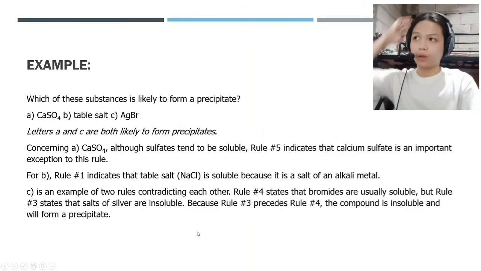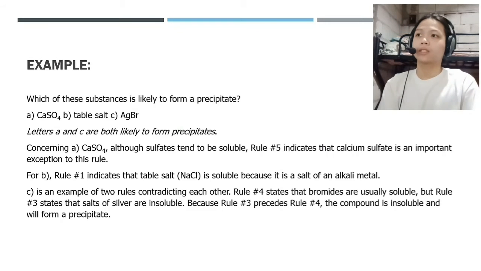So, example. Which of these substances is likely to form a precipitate? A. CaSO4, B. Table salt, C. AgBr. Letters A and C are both likely to form a precipitate. Concerning A, CaSO4, although sulfates tend to be soluble, rule number 5 indicates that calcium sulfate is an important exception to this rule. For B, rule number 1 indicates that table salt, NaCl, is soluble because it is a salt